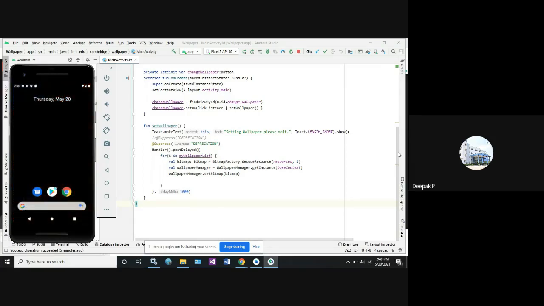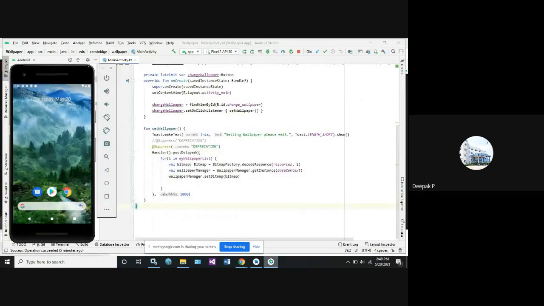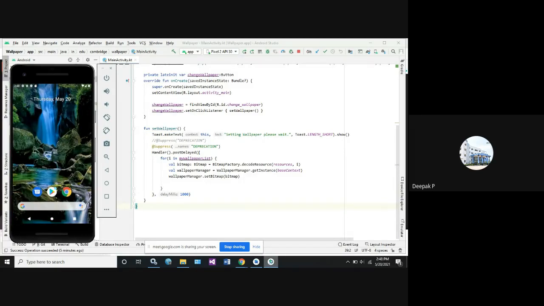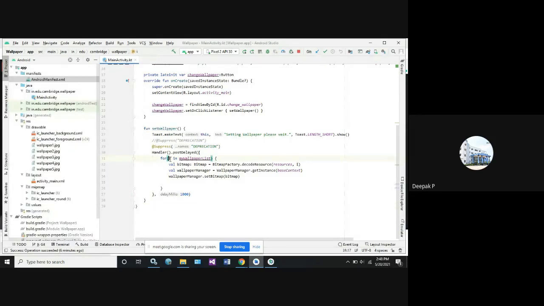The first and the fourth programs are the very simplest ones, but the main important thing is you have to add one more permission field in the manifest file. Don't forget. When it comes to the end of the wallpaper list, it stores that wallpaper as the default one, because this delay milliseconds won't function afterwards, as we have read the wallpapers 0, 1, 2, 3, 4. Any doubt in the program?